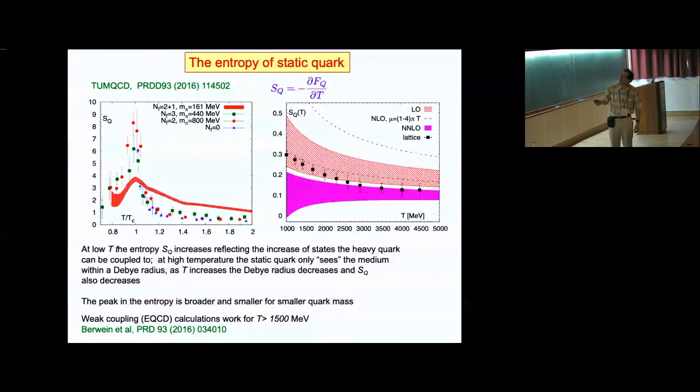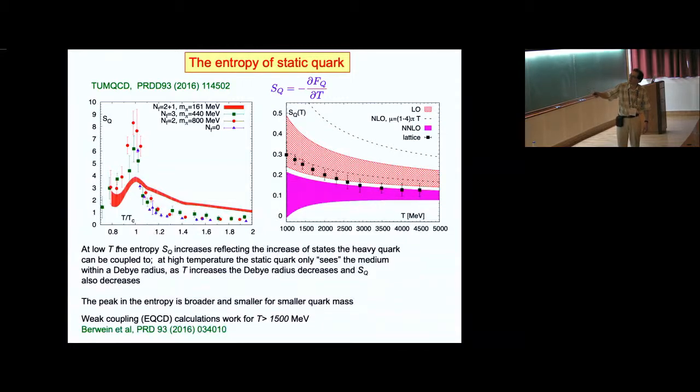So as the quark mass is heavy, you could consider a world where the quark mass is so heavy that the pion mass would be 800 MeV, so that's much closer to pure gauge theory. The full QCD result then follows pretty closely the blue points. You can go to lower quark masses, it's still close, but by the time you go to the physical quark mass, you get the red band, right? So what you see is that